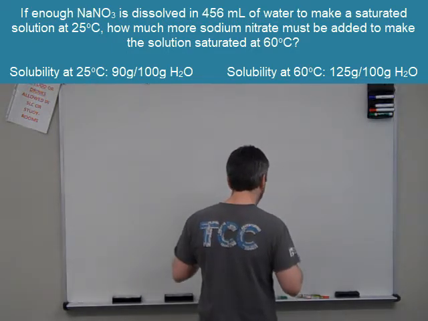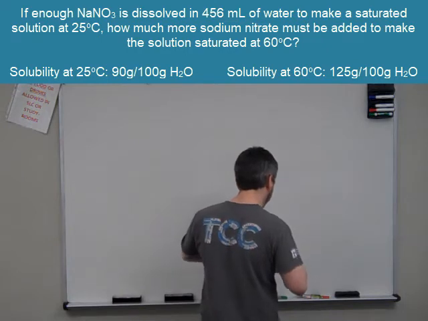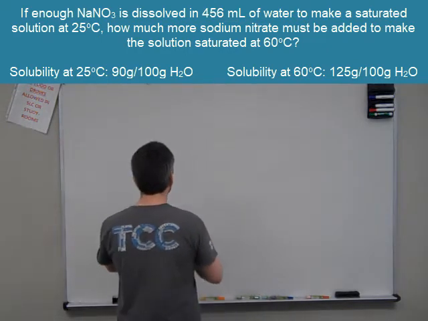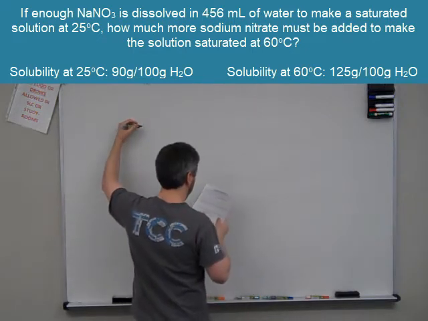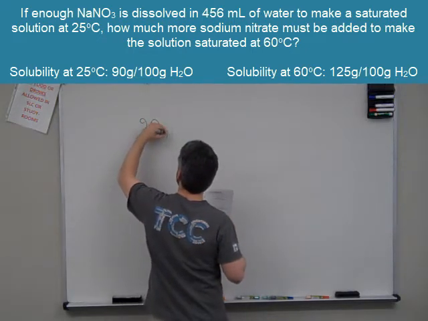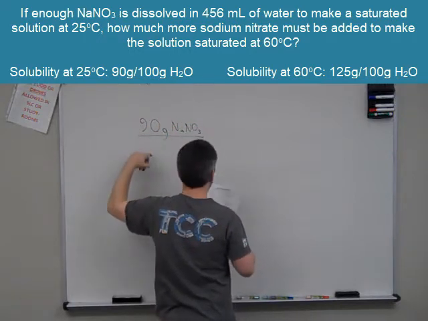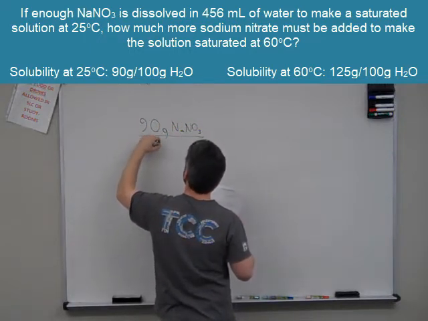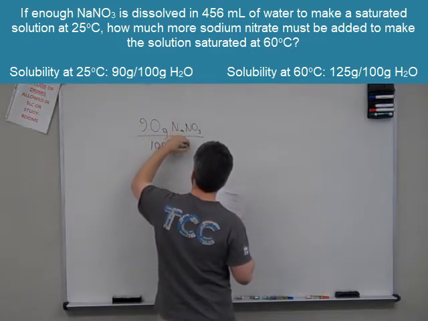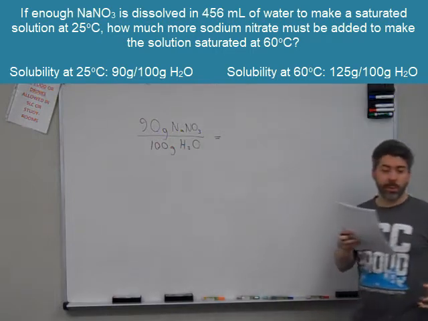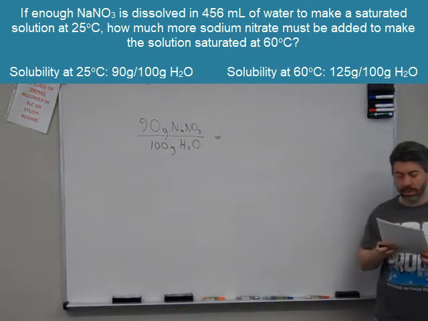And at 25 degrees, the solubility, according to that little table there, is 90 grams sodium nitrate for 100 grams of water. But we don't have 100 grams of water. How much do we have? Here we have